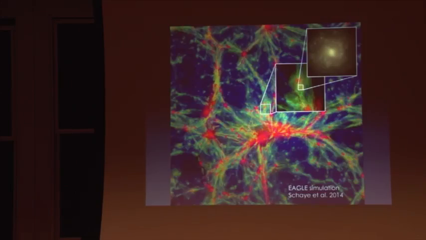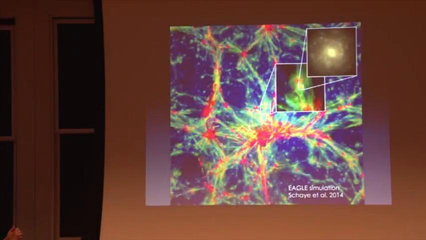Then there's also another recent simulation. This is a similar sized box shown here. I love this representation that they've done here. So here, the color represents the temperature of the gas, and the intensity represents the density of the gas. So this is from the Eagle suite of simulations. And here they still have a certain set of tricks for modeling these small-scale processes of star formation, stellar-driven winds, black hole formation and growth, AGN feedback, etc. But they're all done a little bit differently.